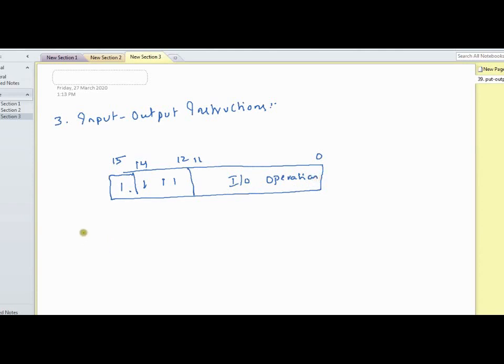Therefore, if the instruction contains the 16th bit as 1, that means the I bit is 1, and the opcode also contains 111, then you can tell it is an input output instruction.